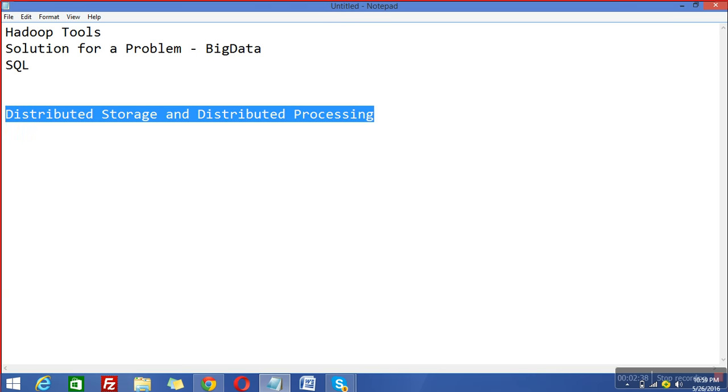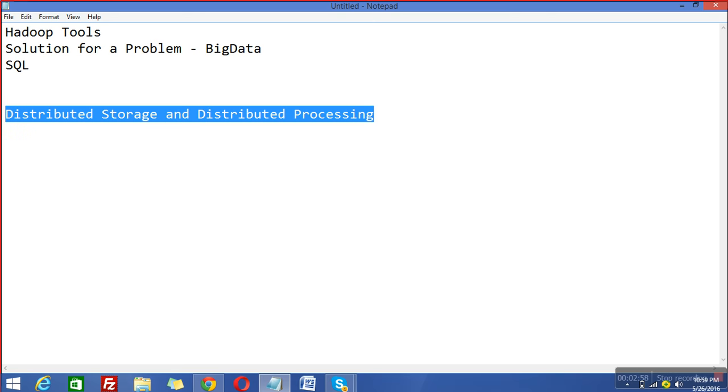This is the basic theme behind Hadoop. Google started working on a distributed storage and distributed processing environment, and they implemented a new architecture in the market to divide the amount of data across several machines.